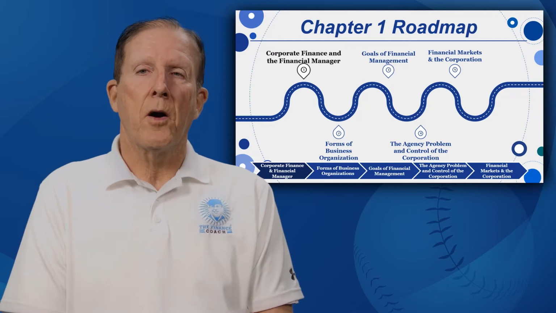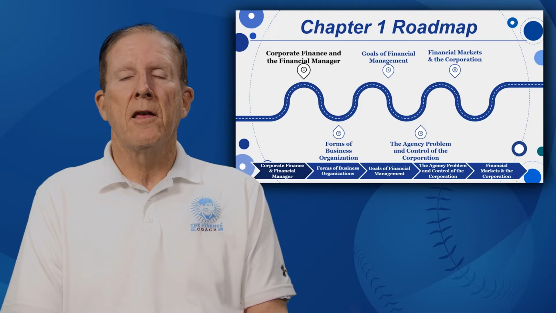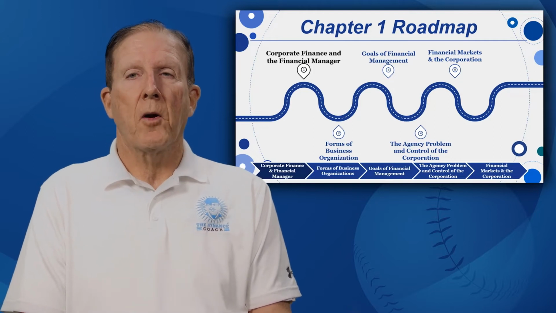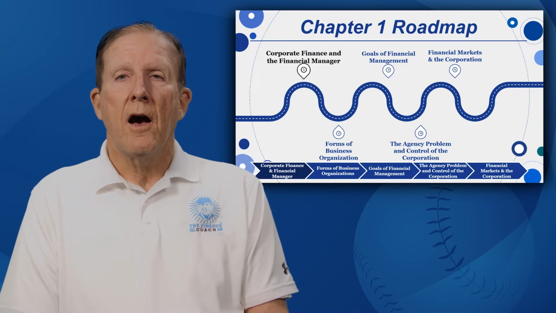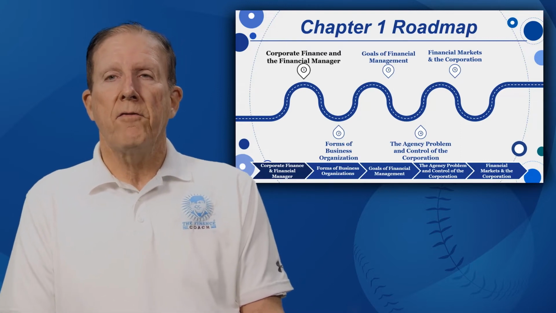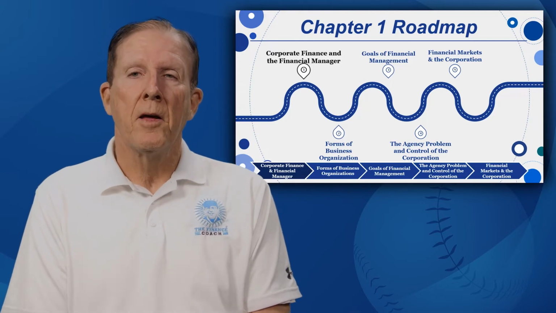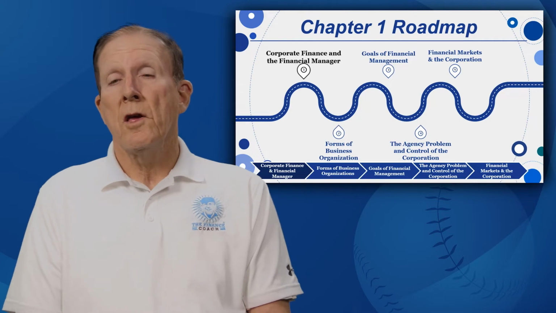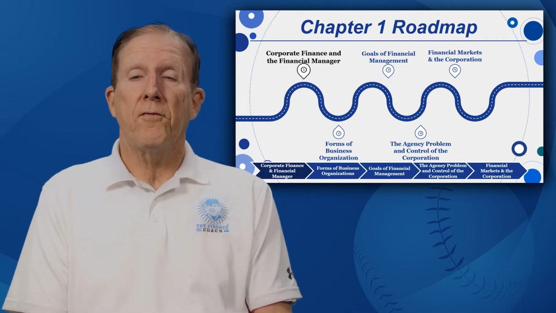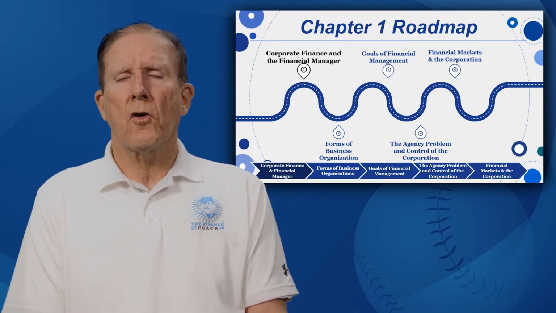Third, in session one, we'll look at the overall goal of financial management. What is that? Simply to maximize the market value per share of existing stock when we go into work every day. The fourth key learning objective in this session is the agency problem. Can I get into an agency problem both in my life as a student and in my life as a leader of my corporation? Who controls the corporation?